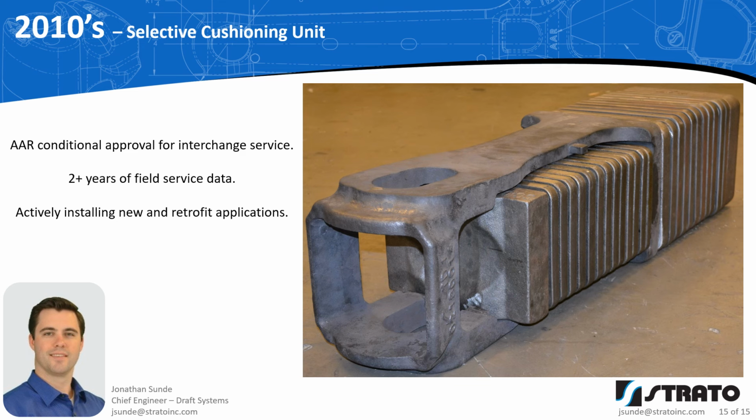With this in mind, Strato has developed the Selective Cushioning Unit with AAR conditional approval for open interchange service and 2 years of service data supporting an actively expanding install base, because Strato is in the business of moving freight,